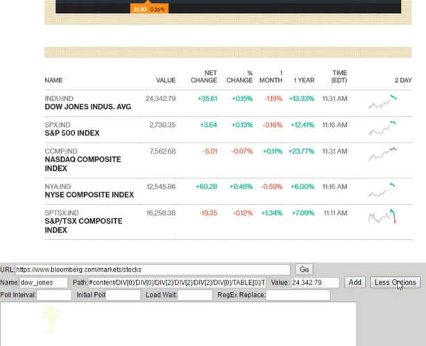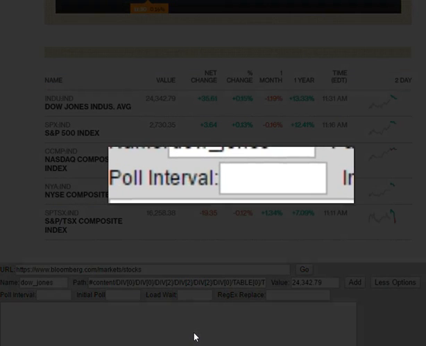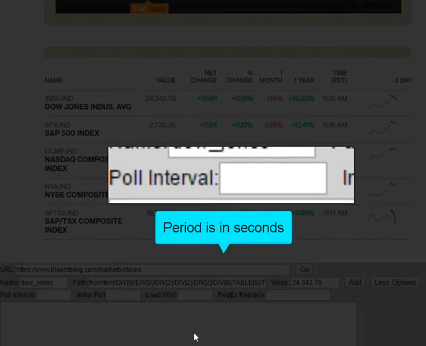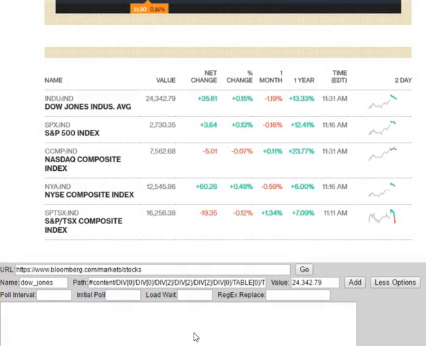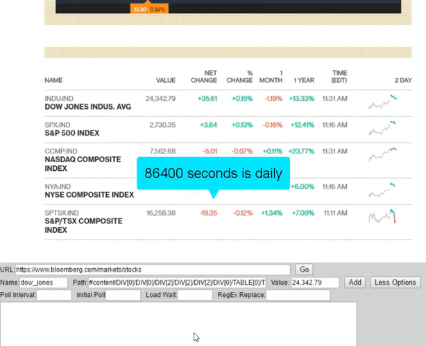Here you can set the poll interval, initial poll, load weight, and regex replace settings. Here's a little explanation about each one. The poll interval is the period of time in seconds before the next refresh of that data. So if you set it to 60, then every 60 seconds you will get a refresh or update of that data. If you only need it collecting daily, then you would set it to 86,400, which is the amount of